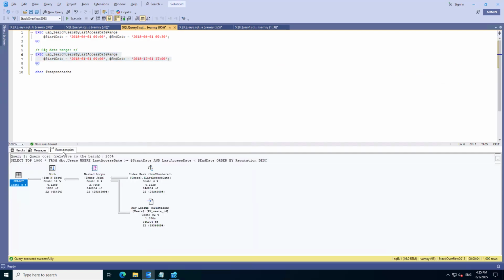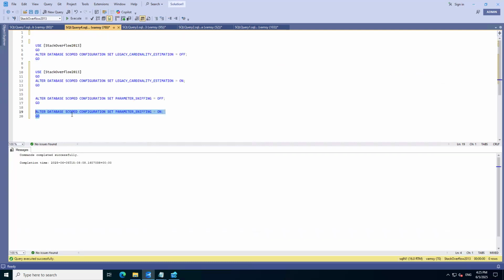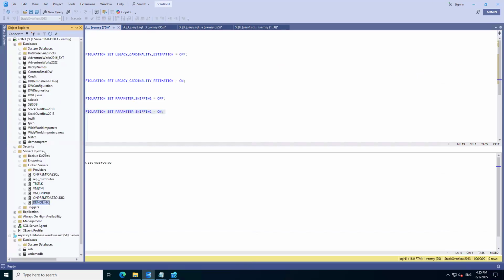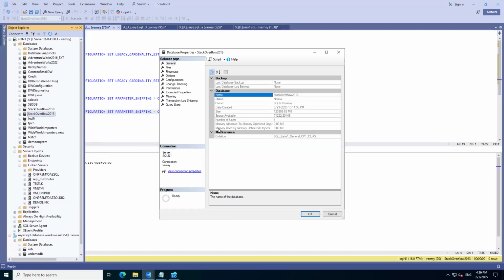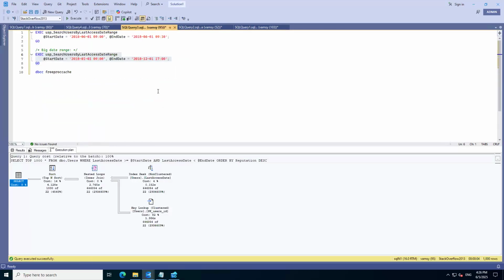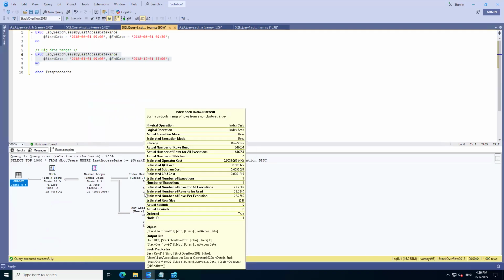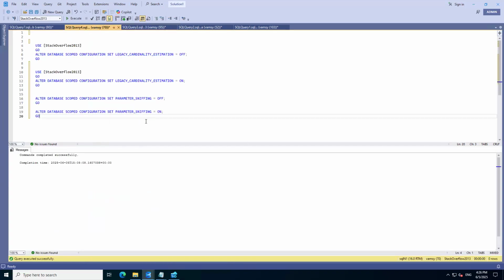Okay. Now, what if I turn off this option? There is something called, I'll show you. You do remember, right? The estimated number of rows is 22. Just remember the estimated number of rows; don't worry about the actual number of rows. Now if I turn off parameter sniffing, which is on by default for all your databases,